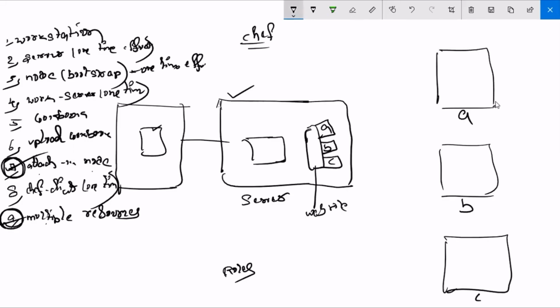You create a cookbook. See here, just assume that we do not have any cookbooks. So we create a cookbook. We upload the cookbook to the server. Now we attach that cookbook. Earlier we used to attach this cookbook to all 1000 nodes, so we used to run the command all 1000 times. But now we are not attaching the cookbook directly to nodes. Instead, we'll attach this cookbook to this role only. Okay, we'll attach this cookbook to this role only once. Only one command, right?